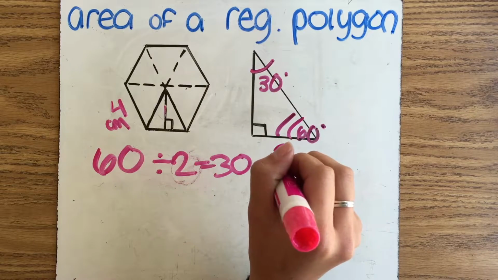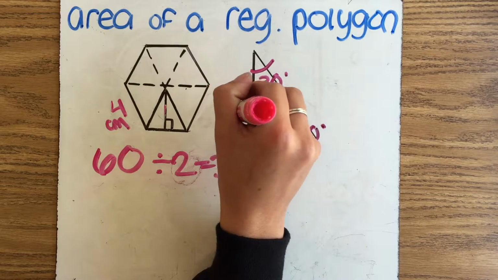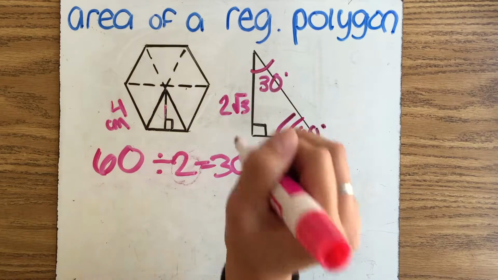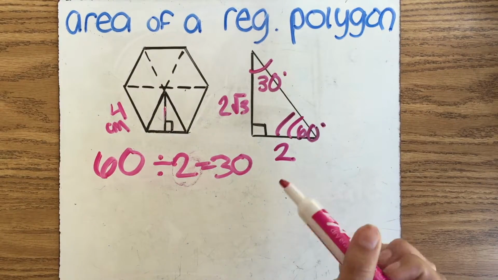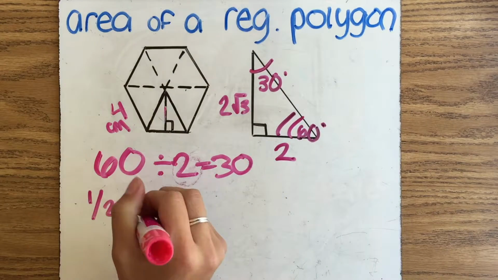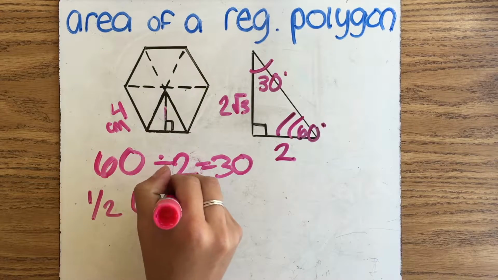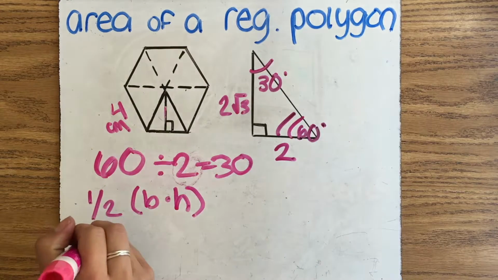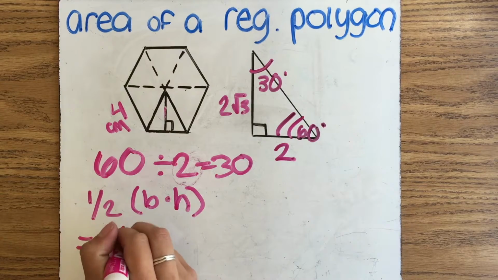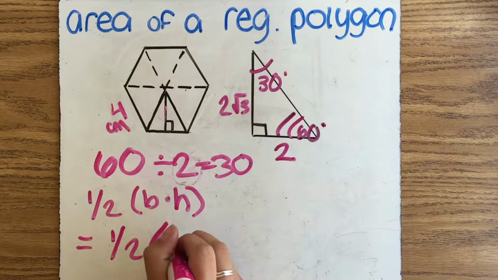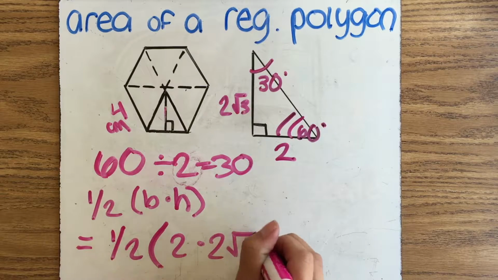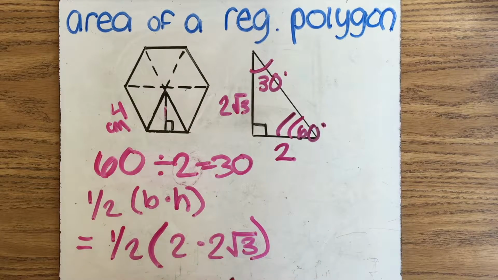And then 2 square root of 3 is the length of this, as we've learned from 30, 60, 90 triangles. And so now you're going to find the area of this triangle. The formula is 1/2 base times height, which would equal 1/2 times 2 times 2 square root of 3, which equals